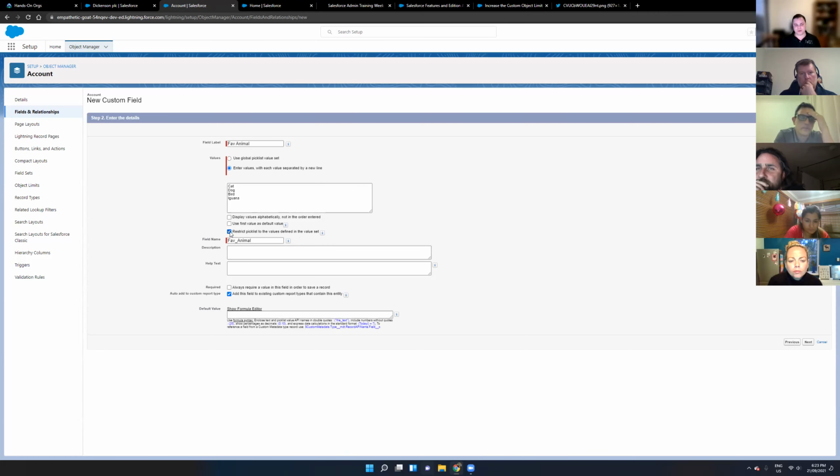One thing to note though, if you did want to use this list as your global pick list value set, it does need to be a restricted pick list. So any pick lists that use a global value set have to be restricted pick lists. You can't use a global value set and then add your own values for that field on that specific object. Description and help text are always important to add,